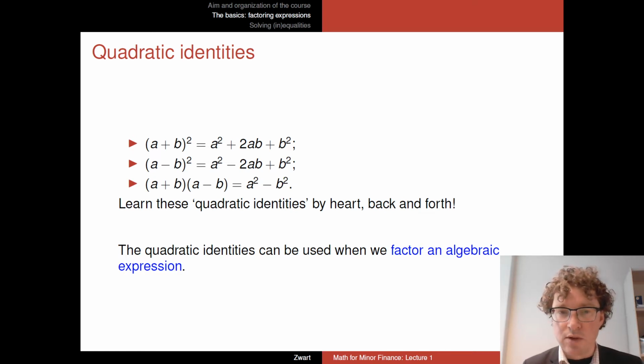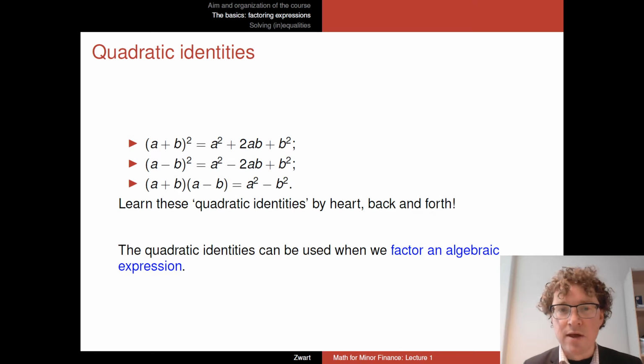So while this is all right, what we are going to need is knowing these quadratic identities the other way around most often. If you see some expression like the right hand side, like a squared plus 2ab plus b squared in the first line, you need to recognize that this right hand side is actually the same, and you can rewrite this as a square, (a plus b) squared. So if you forgot them, you need to learn these quadratic identities by heart,